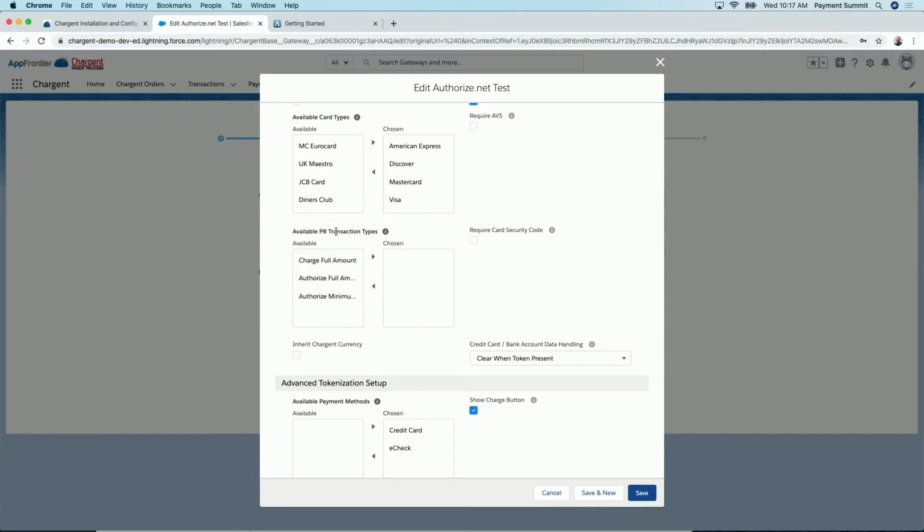So for payment requests, you have 3 different options. You have charging the full amount, so you send a payment request, the customer gets the link, and they process the payment. Or you can authorize the full amount, so when they fill it out, it just authorizes their credit card. It makes sure it's valid and holds those funds until the authorization wears off, and doesn't actually take the money